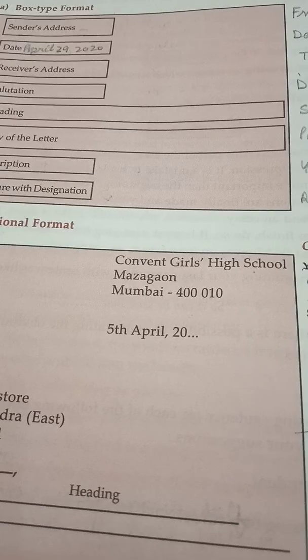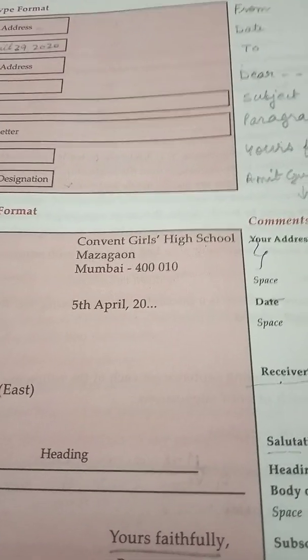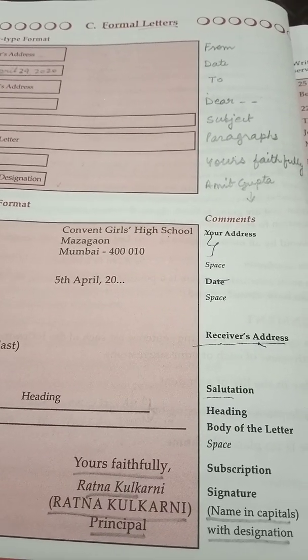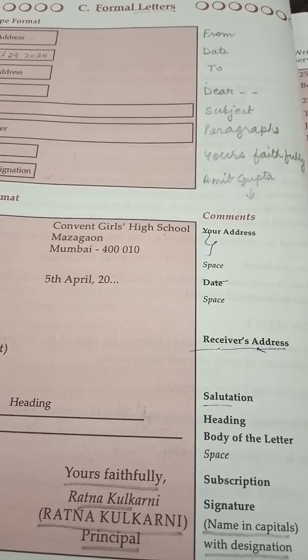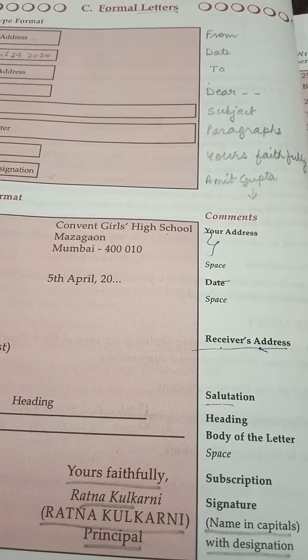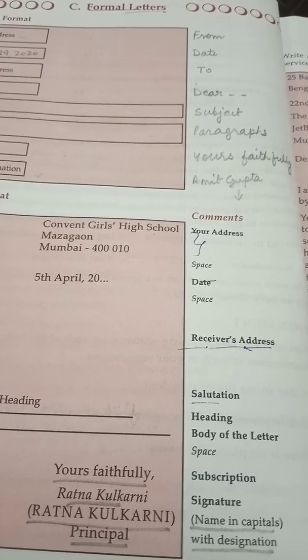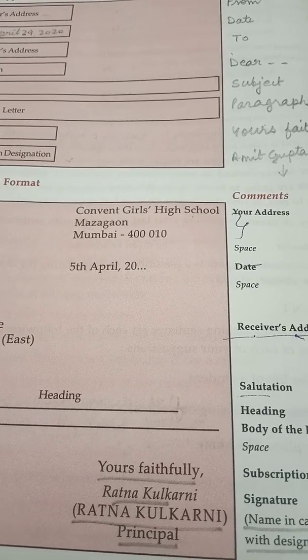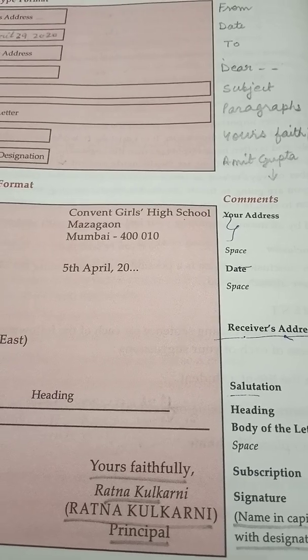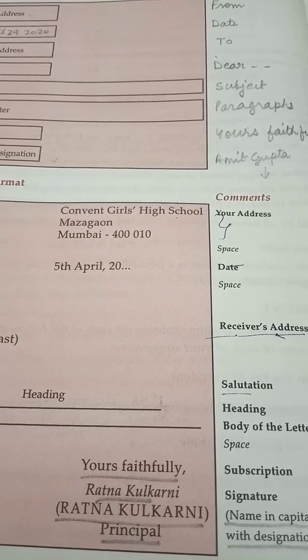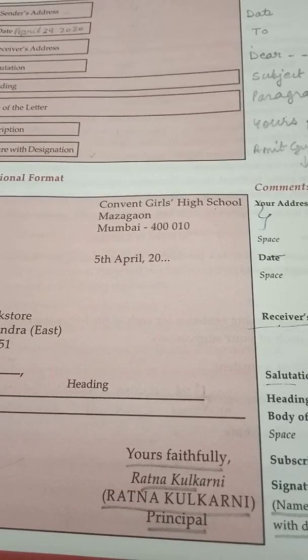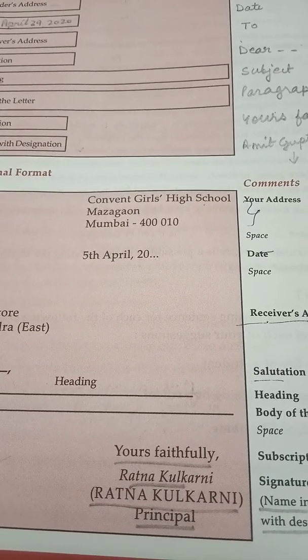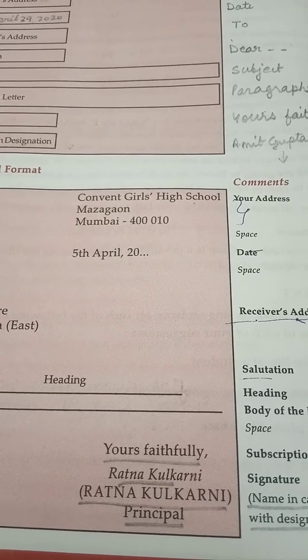Now see children, there are certain points you have to remember while writing a formal letter. Letters which are formal should be brief, brief and to the point. Such letters deal with a particular subject like ordering goods, and there is no need for great creative or imaginative skill in this type of letter. Let your letter be clear so that the reader knows exactly what you want, and make sure to give all information which is likely to be required. If you are ordering a book, write the name of the book, the author, edition, publication, date, etc.